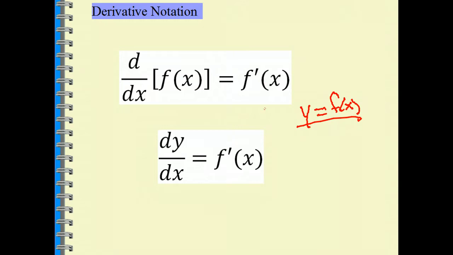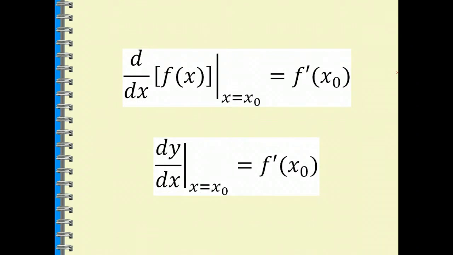It just tells us we're taking the derivative. Same thing with dy dx. That's just taking the derivative of y, and in this case, if y is equal to f of x, it's f prime of x. Another way we could write this is if we want to evaluate at a specific point,